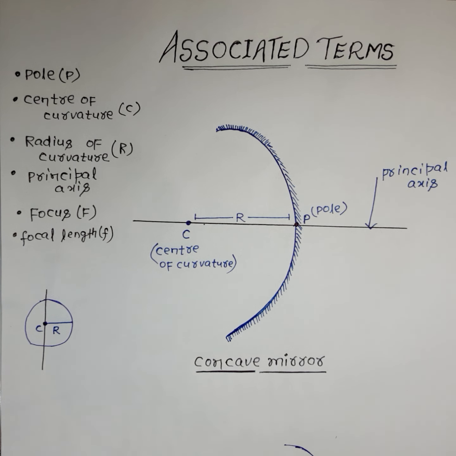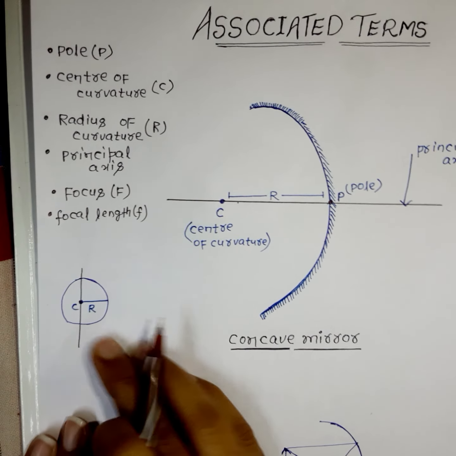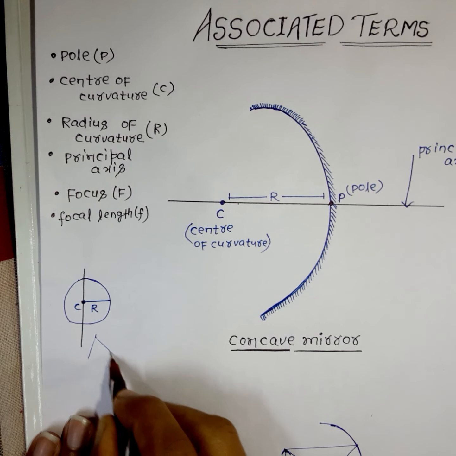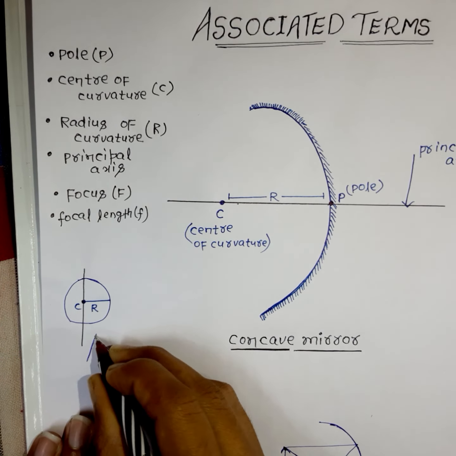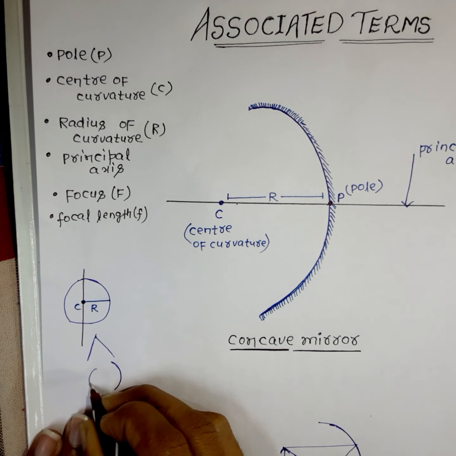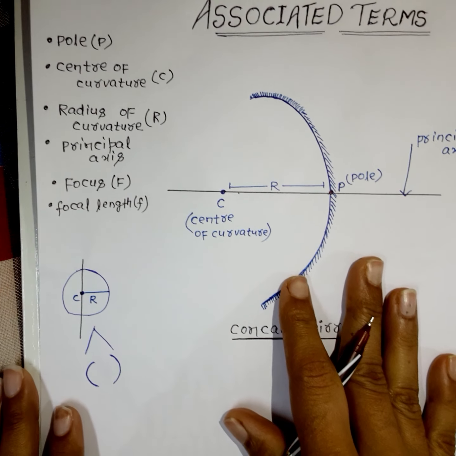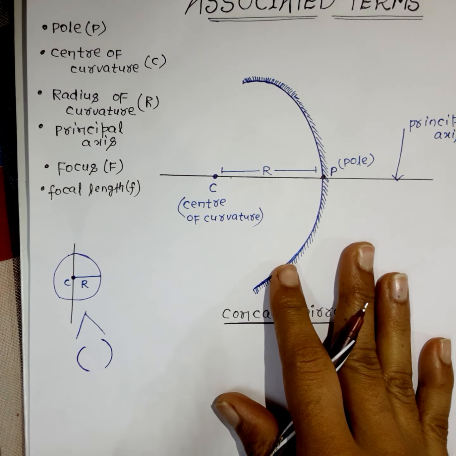Basically, we have to talk about the spherical mirror. A spherical mirror is just a sphere. We will divide one sphere into two parts, concave and convex. This is a sphere, and if you divide this sphere into two parts, it will look just like this and like this. But one side should be polished in the mirror.